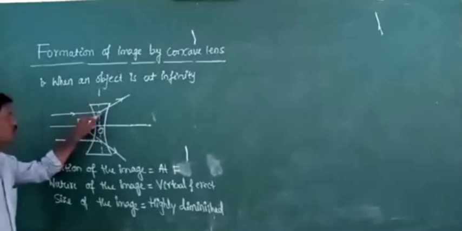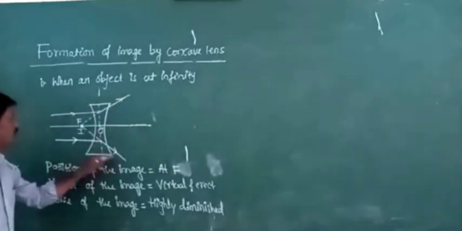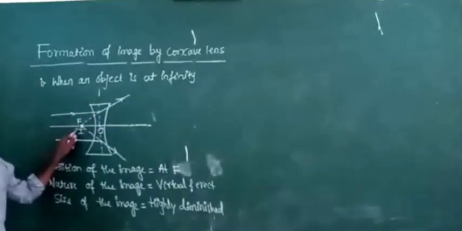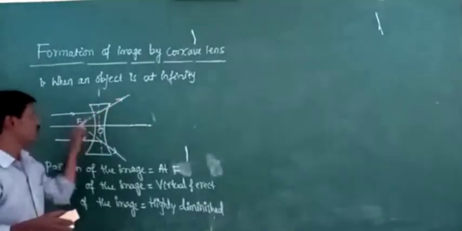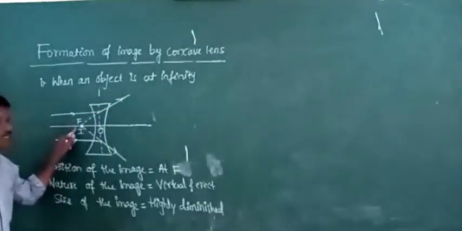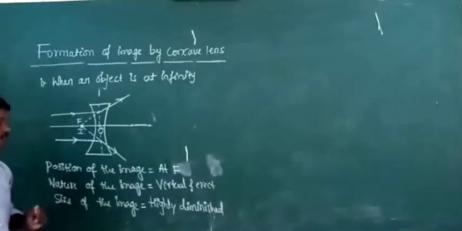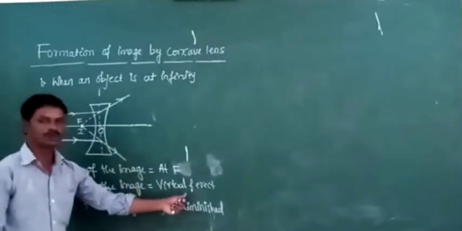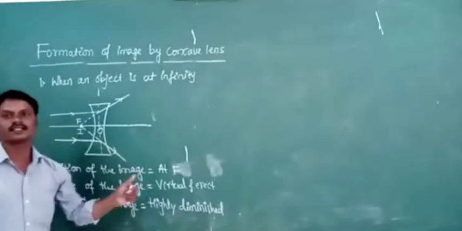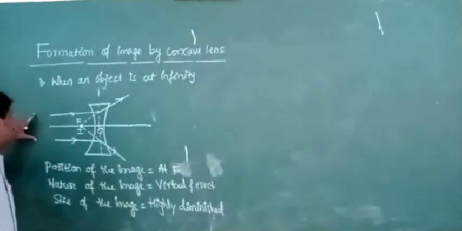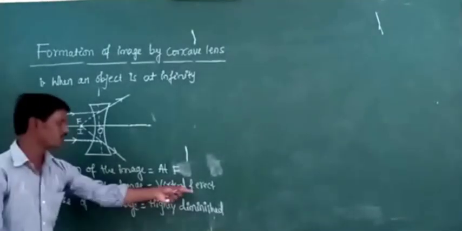After refraction, the refracted rays appear to diverge from a point. From which point do the rays appear to diverge? At that point, the image of the object is formed. But this image couldn't be obtained on the screen. That is why it is called virtual, and it is erect. Why is it erect here? If the object is upside, then its image is also upside. Okay, that is why it is virtual and erect.